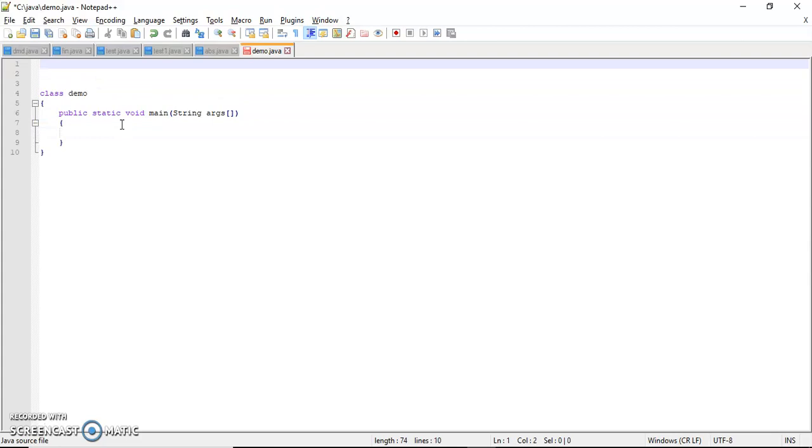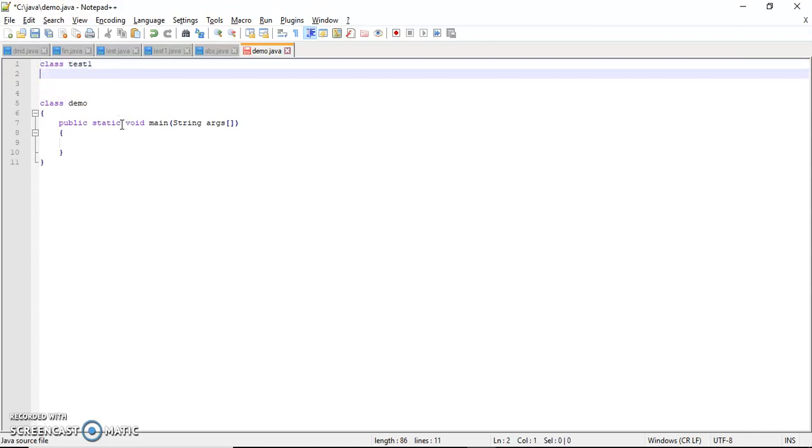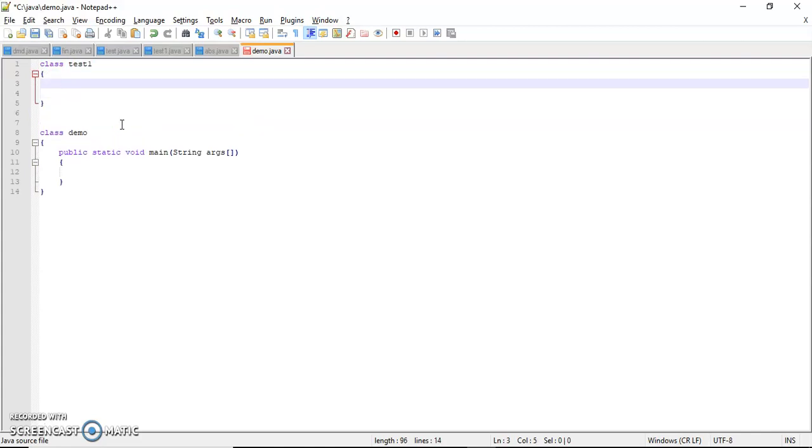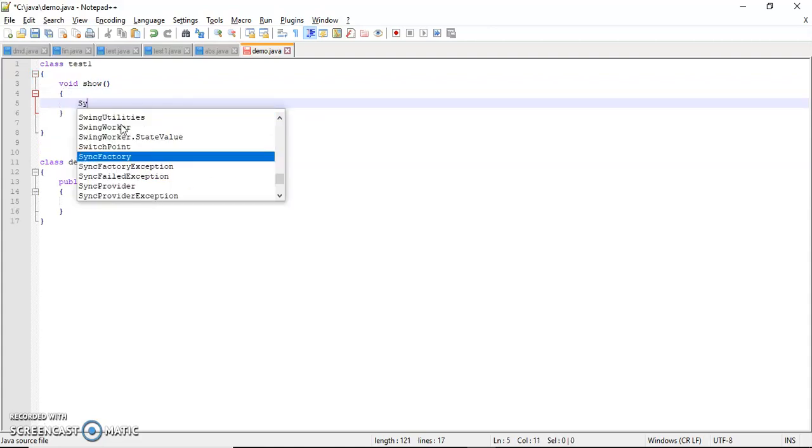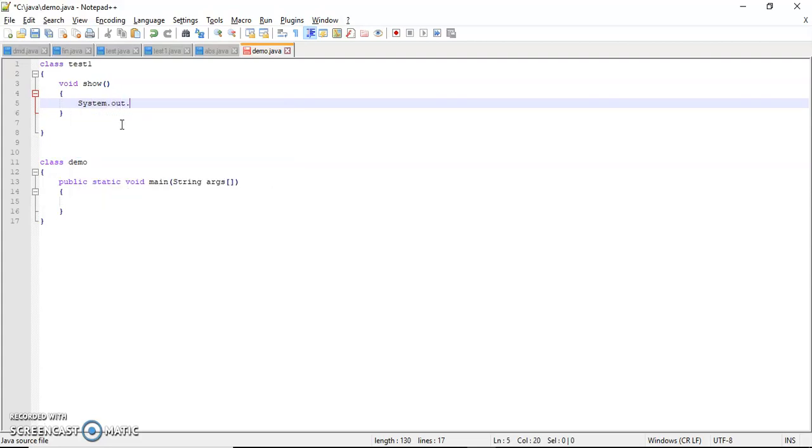Okay, so class test1, and we prepare a method, void show, and the logic is System.out.print: this is class test1.